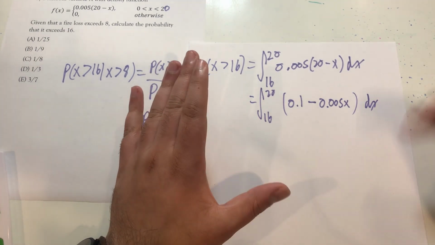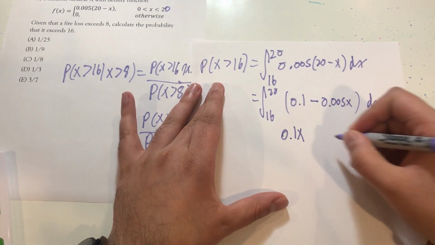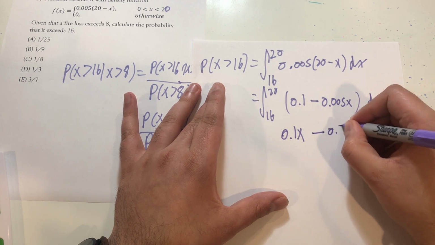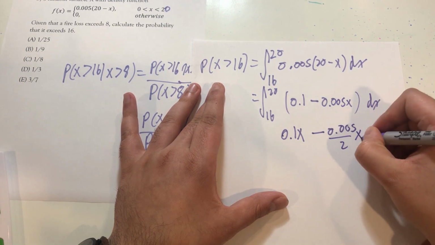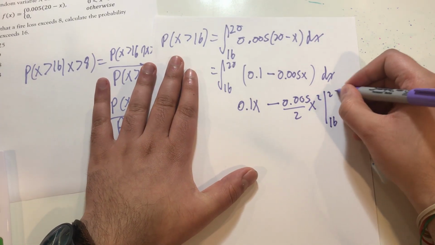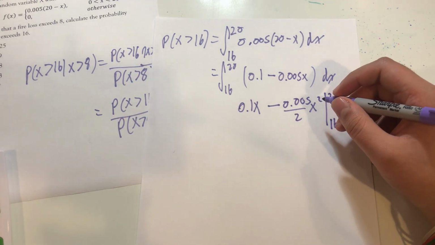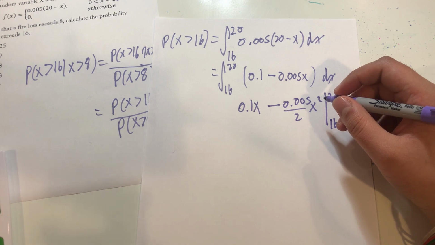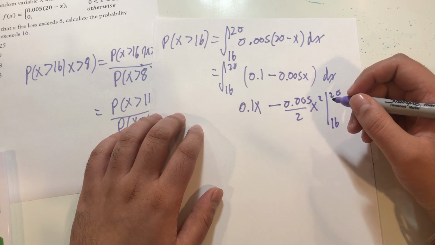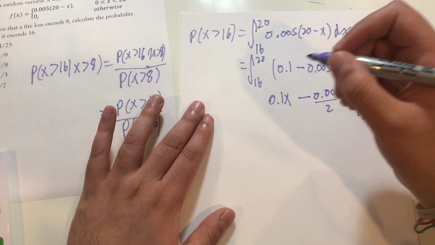How do we integrate this? This one's actually pretty simple. This is going to be 0.1x minus 0.005 over 2 x squared. And we must evaluate from 16 to 20. Okay, and 0.005 divided by 2, I'm just going to simplify that. It's easier to write it as 0.0025. So evaluating that, it's going to be